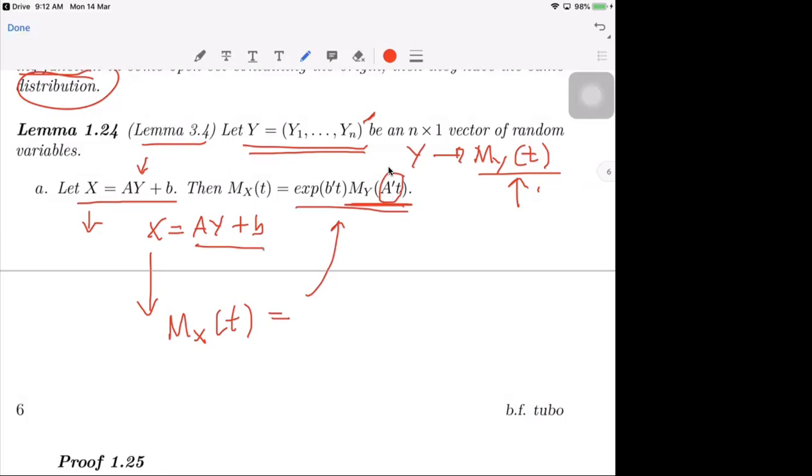So the moment generating function of Y at A prime t times this constant e to the b prime t, and then A prime. Okay? So to prove that,